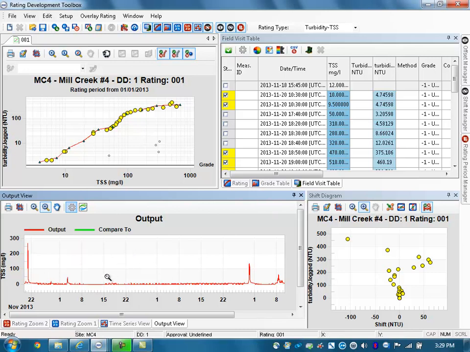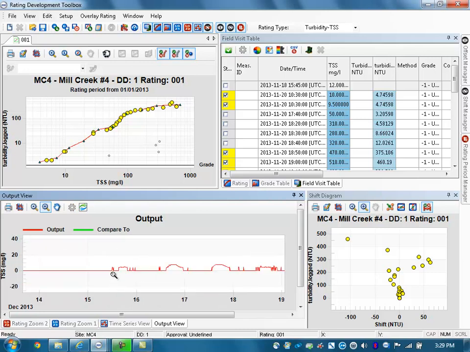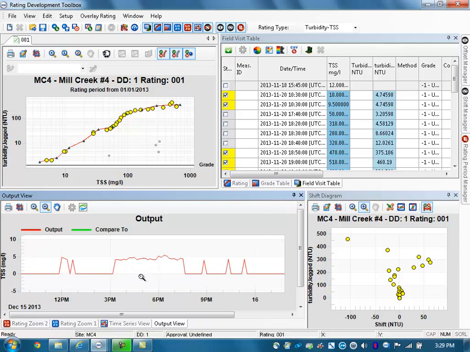Now, if I go in for a closer look on part of this output, I'll just zoom right on in here. It looks to me like my model is computing zeros for a lot of the input. It looks like whenever the turbidity gets very low, my model is just putting out a zero. When I see this, I'm thinking that probably I haven't extended my rating down far enough to calculate meaningful output for